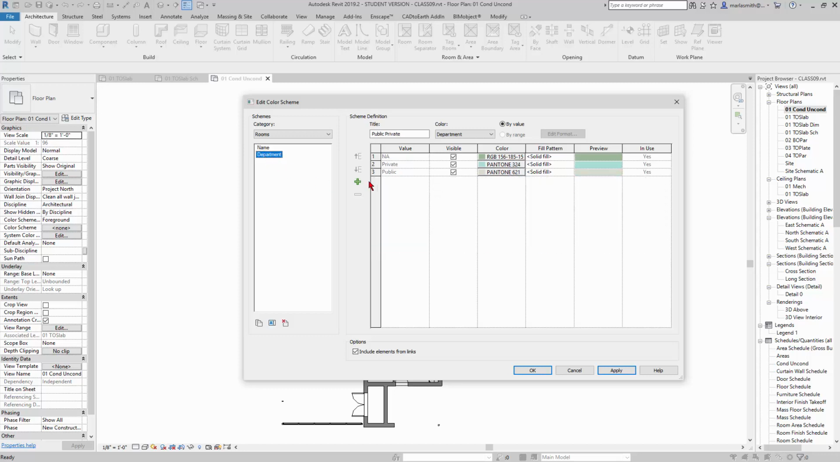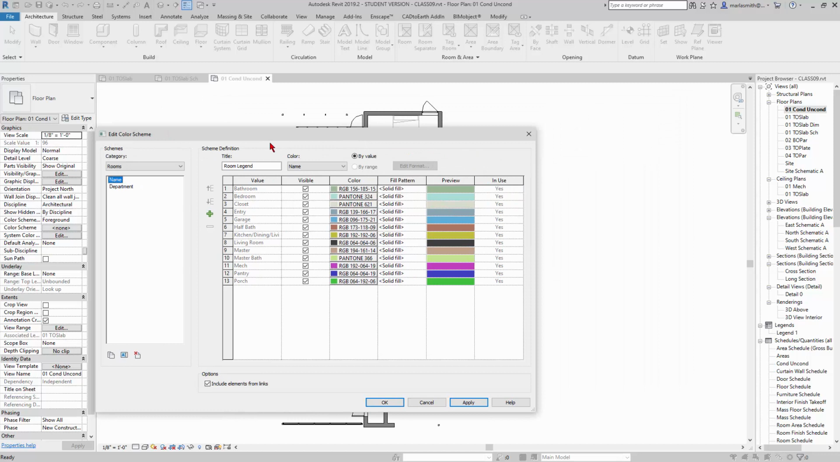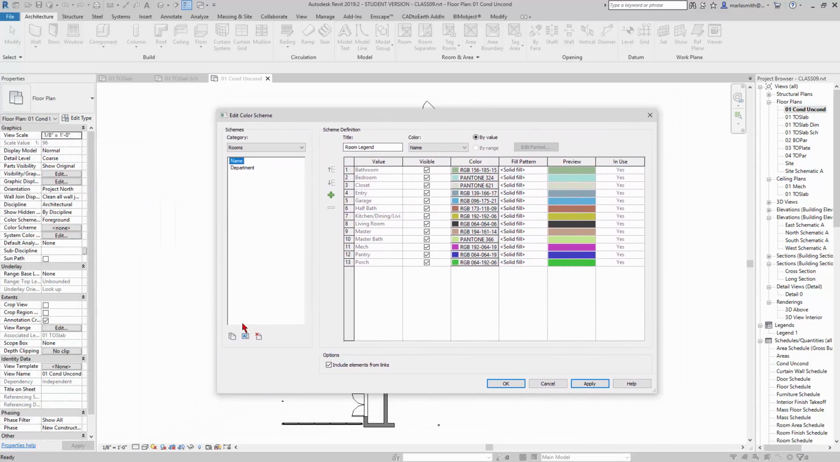And you'll see that the department color scheme is actually reading the parameters from the department that we put in the room. So we had a public, private, and an NA. You might have a conditioned, unconditioned for this, but just work through this and you'll understand how you can apply different ones. If I go to name, it's reading the names and giving a color to the different names. So what I really want is conditioned, unconditioned. So I'm going to create a new